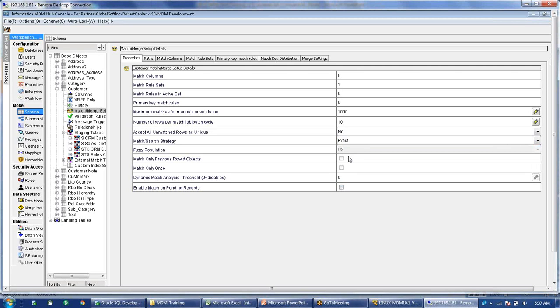So usually for the lookup tables or the static tables, we don't need any matching as such. So we can just leave it as exact. But for all the business tables, we usually select fuzzy, because I know that, for example, the address table, for the